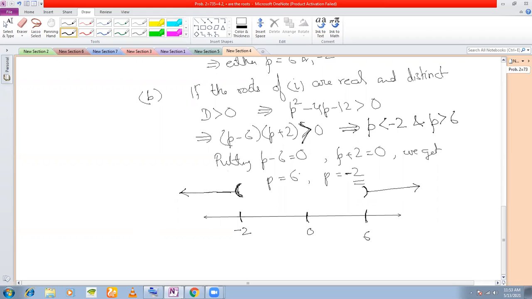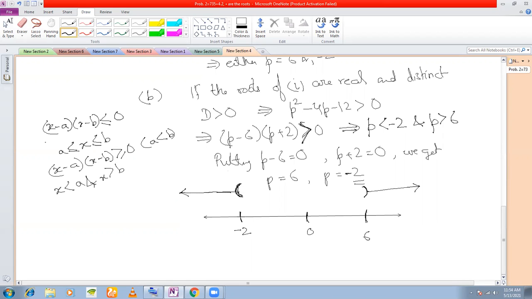Back in class 10 also I told you, but in a little different manner, if you remember. I told you that when x minus a into x minus b is less than or equal to 0, then x must lie between a and b. Remember? And if x minus a into x minus b is greater than or equal to 0, and of course where we take a is less than b, then x must be less than a and x must be greater than b. I told you this rule in this manner. Now if you don't remember, then you can do it in the manner I have done.